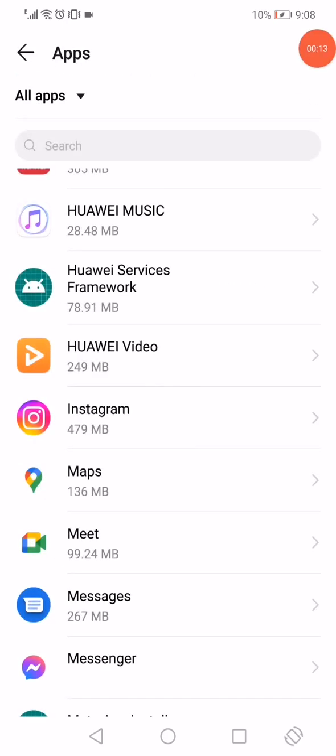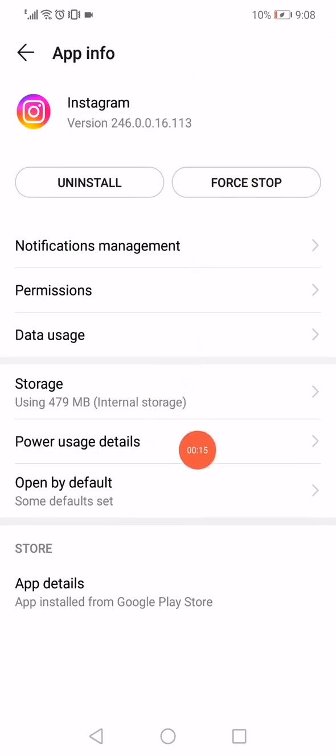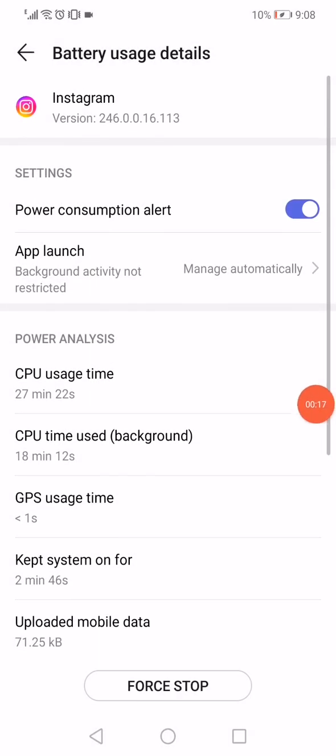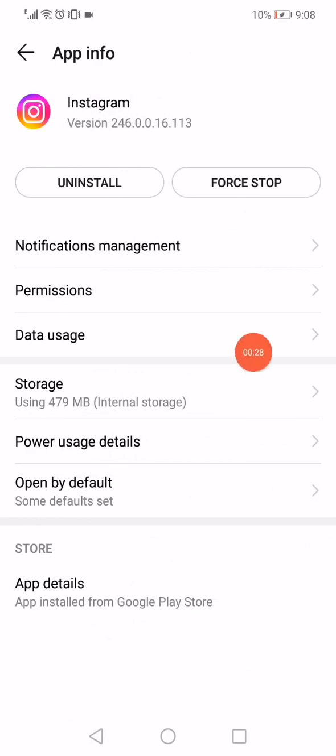open the apps, go to Instagram, go to the power usage details, go to this force stop option down here to stop running the CPU, as you can see right here, and also the GPS. And after you click on it, go back, click also on this force stop right here in the app informations